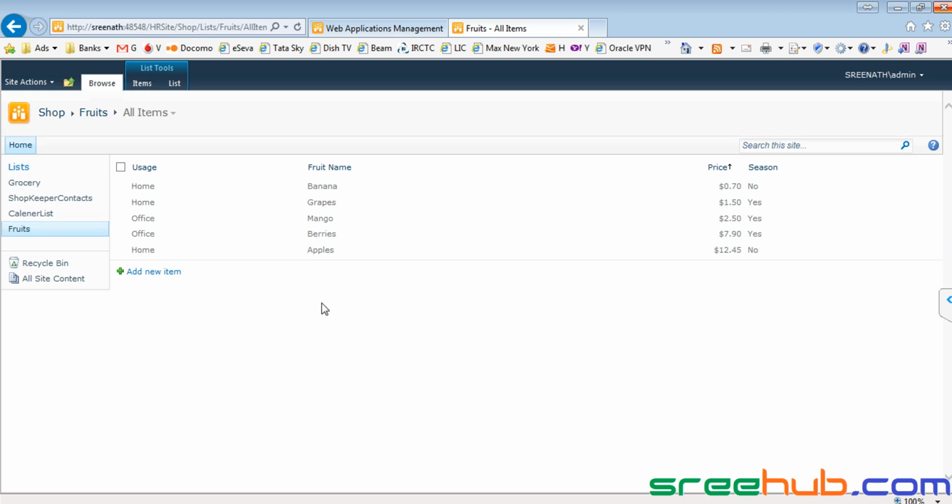In order to work with views, here again you have something called All Items. If you click on this, can you see here we have something called Create View? Again, you can create a view on lists, because I have my active list here, I can go and create a view.